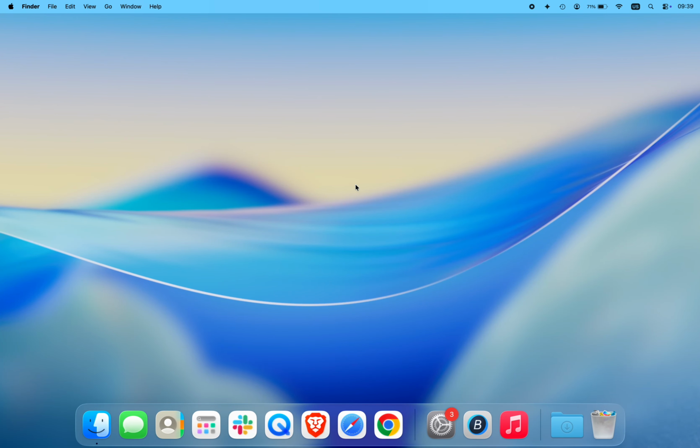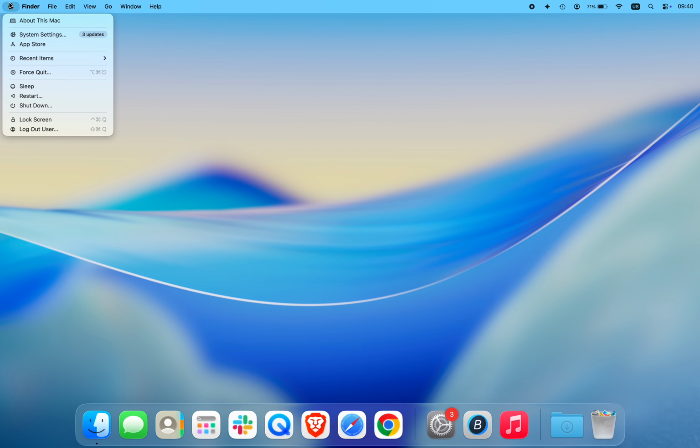In today's tutorial, I'll show you how to turn iCloud contacts on or off on your Mac. This can be useful if you want to stop your contacts from syncing with iCloud, or enable syncing across your Apple devices. To get started, click the Apple icon in the top left corner of your screen, then select System